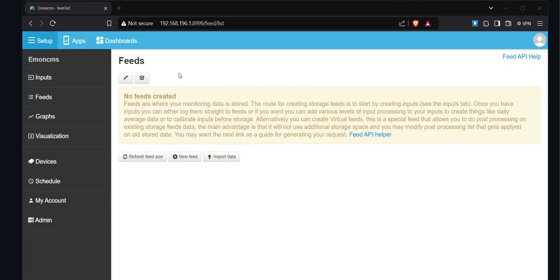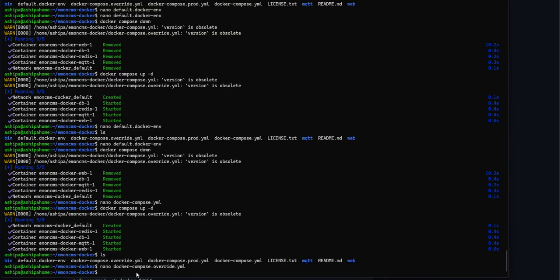Now, when you get into Emoncms, it's blank. All the data is not present, both inputs and feeds, and nothing is there really. So at this point, you're now ready to send the data or consume the data with Emoncms. The simple way to do that is you go back to the folder for the Emoncms Docker, this folder, then you edit this